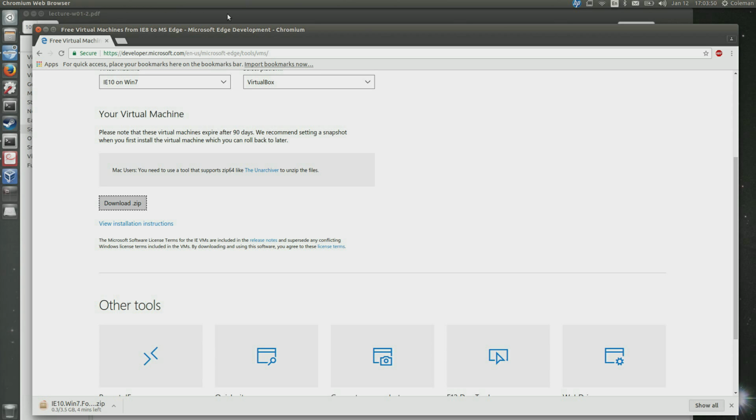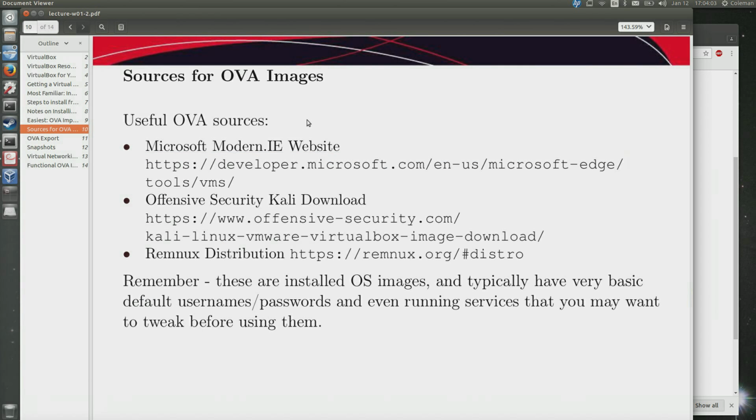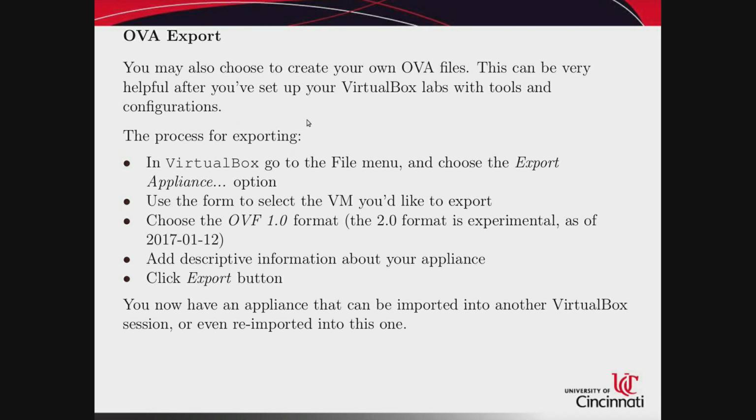After they're imported, you can do any of the typical system management tasks you want to, including increasing the hard drive space or changing the memory or CPU configuration and all of that. So that's that. The other thing that's nice, and this might come in handy later on as you're working with malware, or installing multiple tools onto your malware lab, is that it might become valuable for you to, say, export an